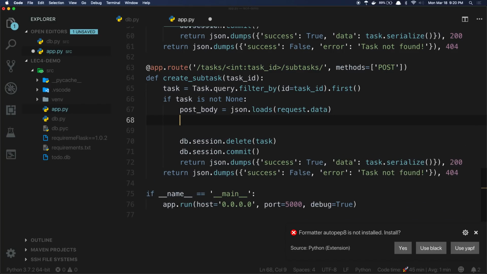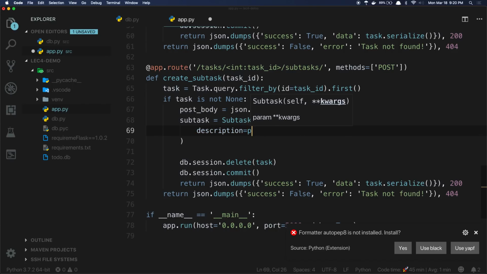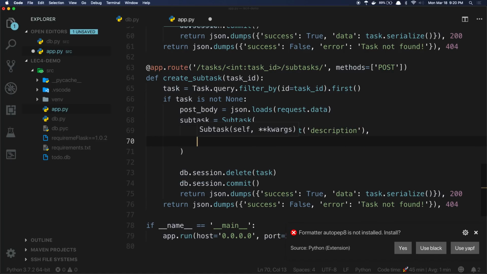And now we can create our subtask. Similarly to how we created a task before, we basically just call the constructor of our Subtask class and then give it the parameters that the client gave us. So description, post_body.get description, done, bool,